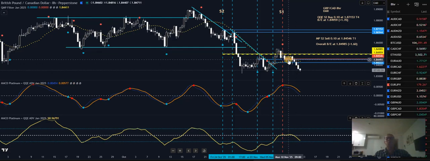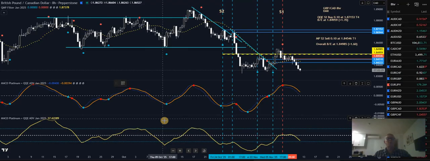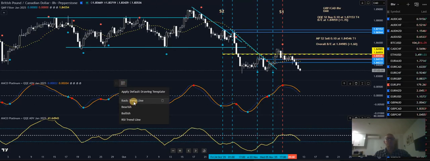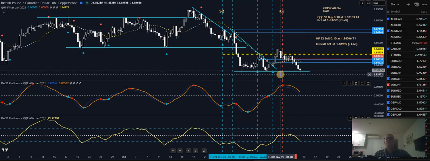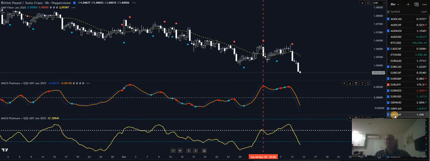So I don't mind just having one hedge on. It doesn't really cause me much grief because the two yellow lines are pretty close. But we're going to try and make some money on the sell side. Why not, if it presents. And we'll keep an eye on this low here. So let's draw that up, because this has become a place of interest. So a basic trend line. This low here, that's going to be, let's see if that holds as a support level there. That's the Pound CAD.